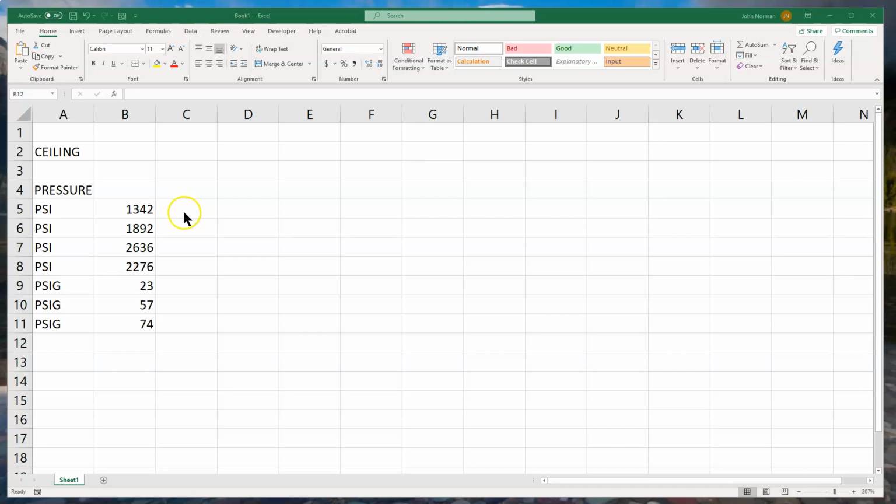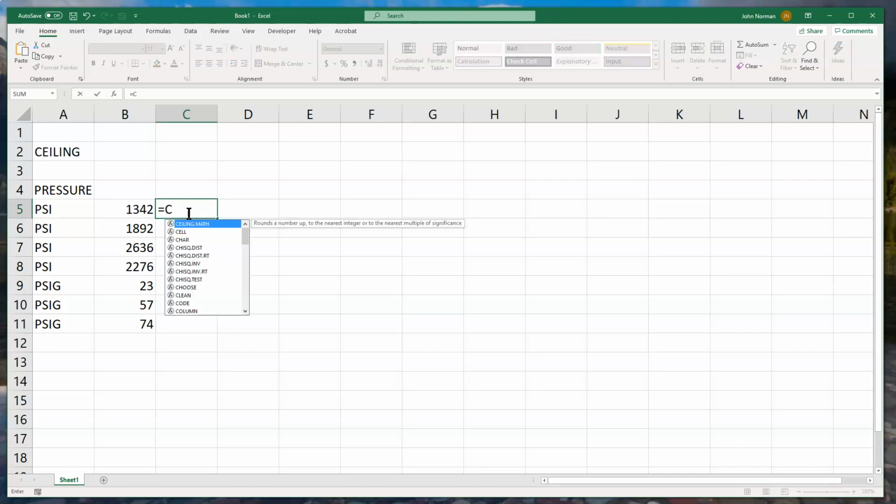I'm going to go to the first one here, click in cell C5, hit equals, getting my formula started, and start typing in ceiling. I can see that it is listed in here, so I'm just going to double click ceiling. Then it's going to ask what number we want to do the rounding up on. So I'm going to click on cell B5, and then I'm going to put in a comma,